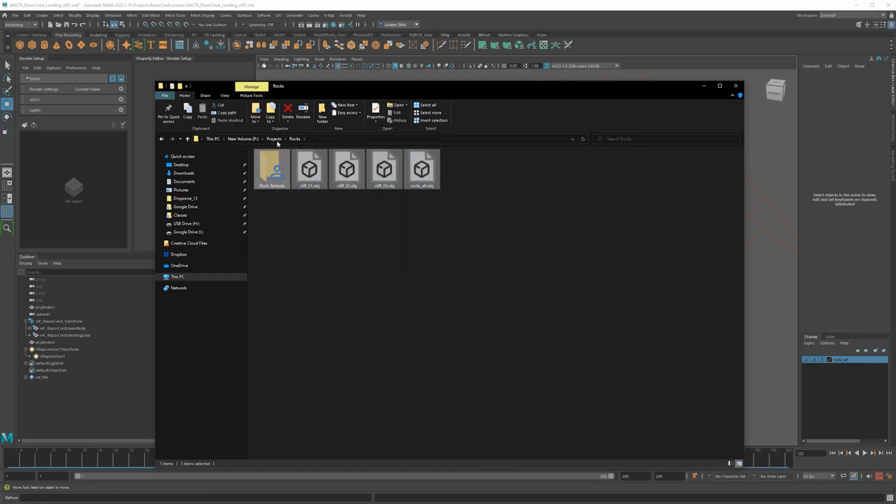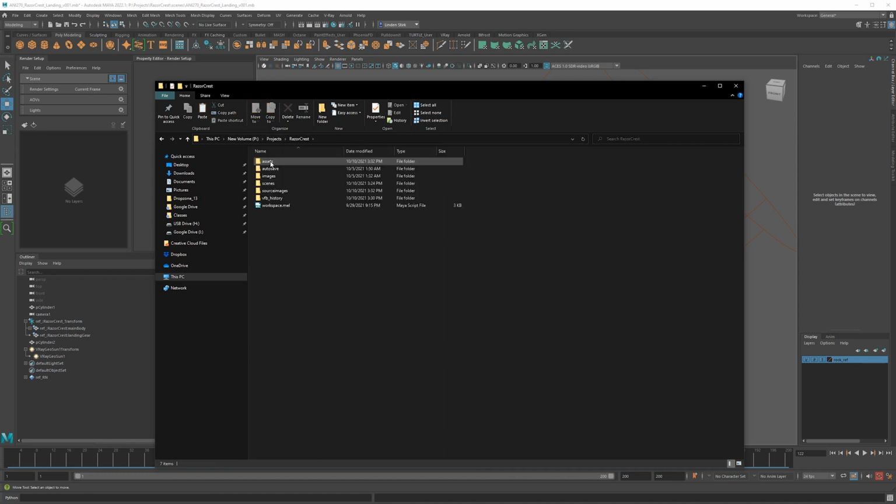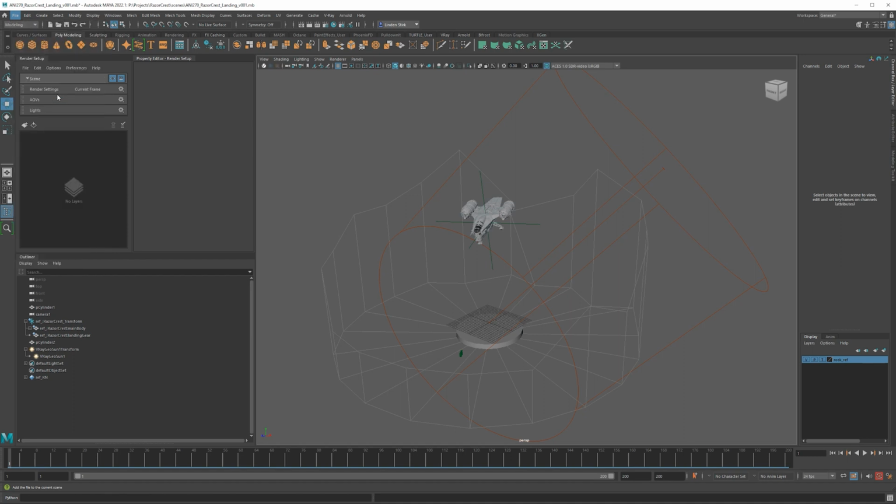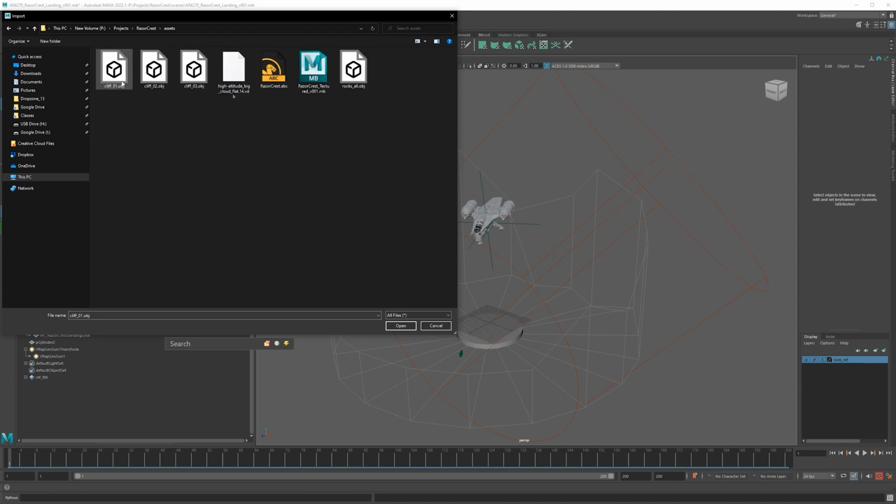All right, so whatever you choose to use as your environment, make sure you download it, put it inside the assets folder. Make sure the textures are in the source images folder, and then we can go back to Maya. To access those, we're going to go to File, Import. Now you can reference these if you want to, but I know for sure that we're never going to be changing these rocks. Whereas the Razor Crest, at some point, I might give you a different model, or you might want to use a different model, like a different ship or something like that. So let's go to Import for this. Then we're going to go to Assets. We can import this first Cliff OBJ object.